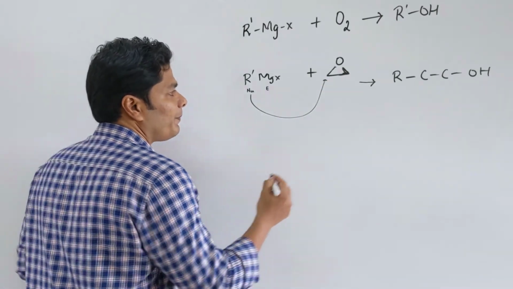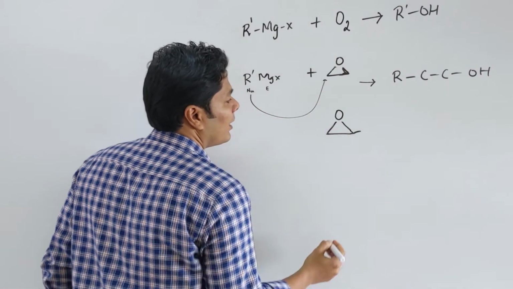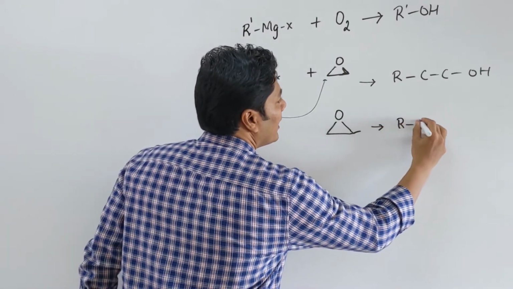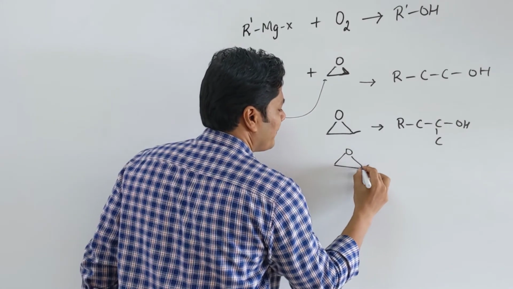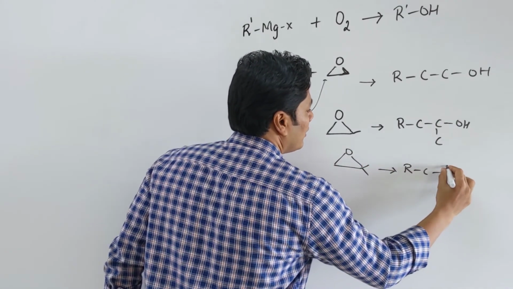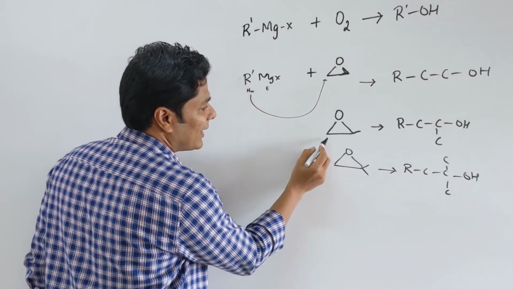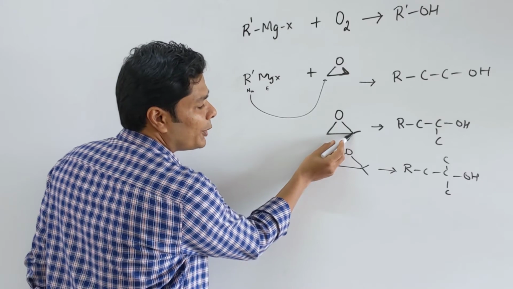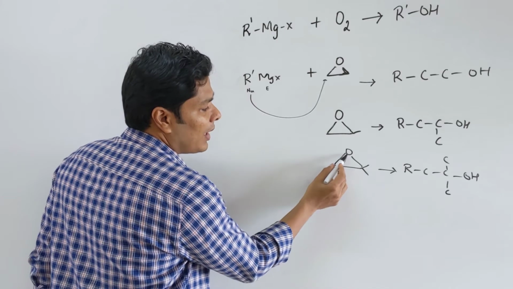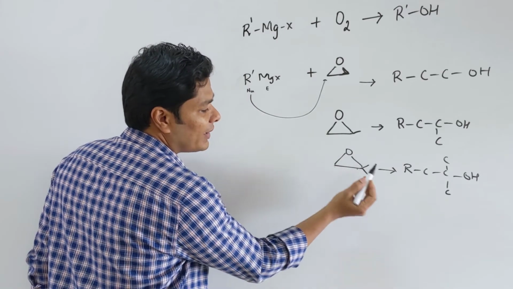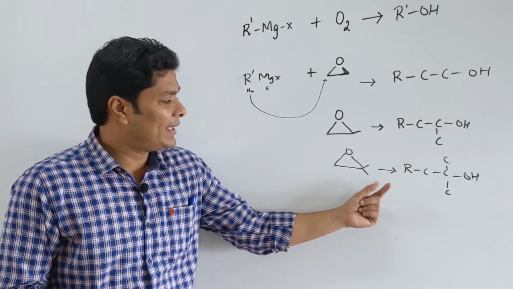Now suppose they give you this, now this will give you RCCOH with extra carbon, and they give you this, the corresponding tertiary alcohol. Now how I can say it is, the R is going to go and attack, obviously it will attack this carbon, not this carbon, owing to bulkiness. Similarly, when I go and attack here, the ring opens here, the O is attached to a carbon that is attached to 3 other carbons. So 1 degree alcohol, 2 degree alcohol, and 3 degree alcohol with extra carbons.